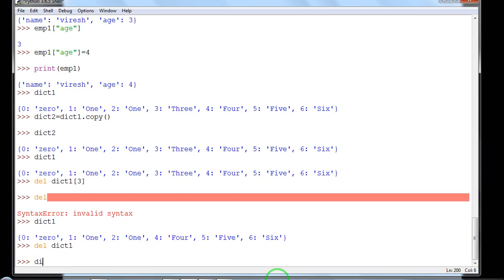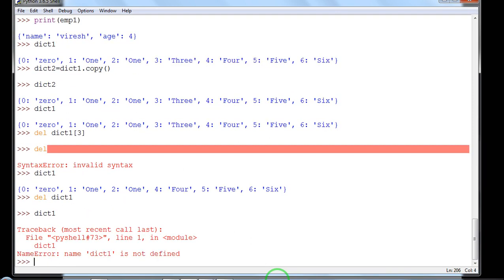Now suppose I type dict1, the message comes: name dict1 is not defined, because all the elements, including the dictionary object, have been deleted with the help of the del statement. So with the del statement, we can delete an entire dictionary including the dictionary object, or we can delete a particular element. The next command that we will be doing will be the pop command.